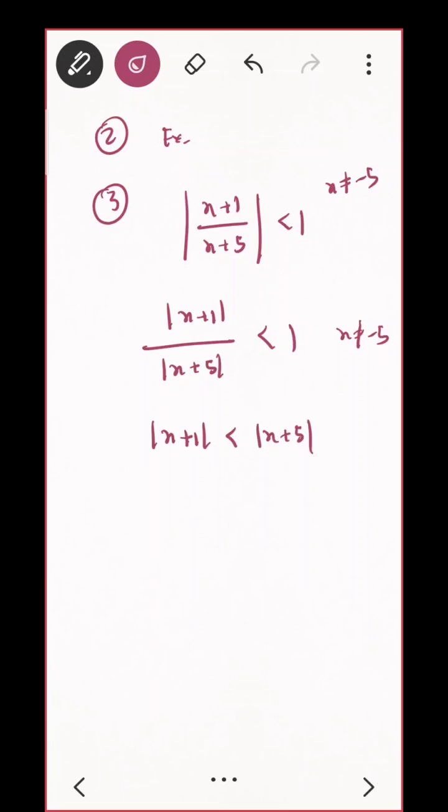Yeah? Why can I do that? Because this term is non-zero and this is a positive number. Positive number है तो inequality भी change नहीं होएगा. Do you see that? Mod of लिया ना तो that is a positive number. Correct? Otherwise I have to take two cases.